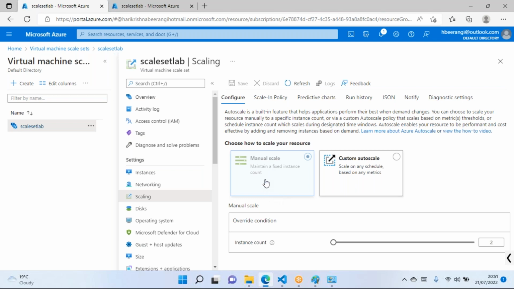So it's up to you how you want to handle your business need. If it is a manual scale, you need to be on the system every time, or someone should be working on your shift like 24/7 so that they can act if there is an issue on the performance. So let's work on this manual scale.